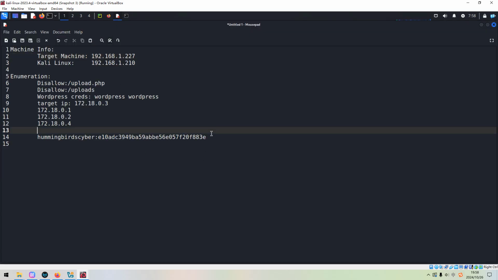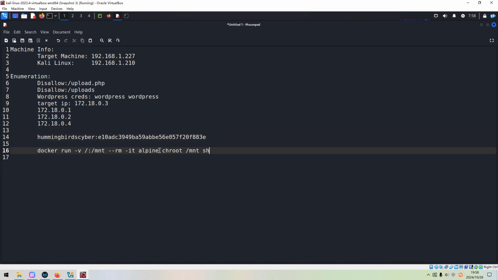And since I configured the target machine as host only, in most cases we would need internet to download this image. But as I mentioned, this machine is host only.